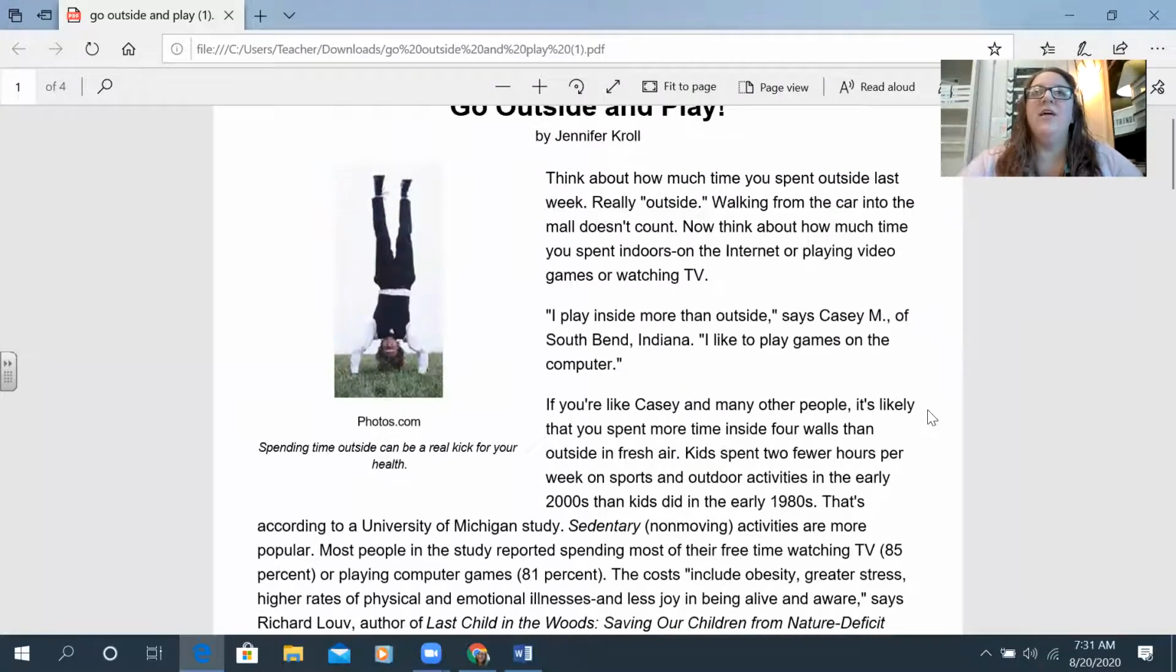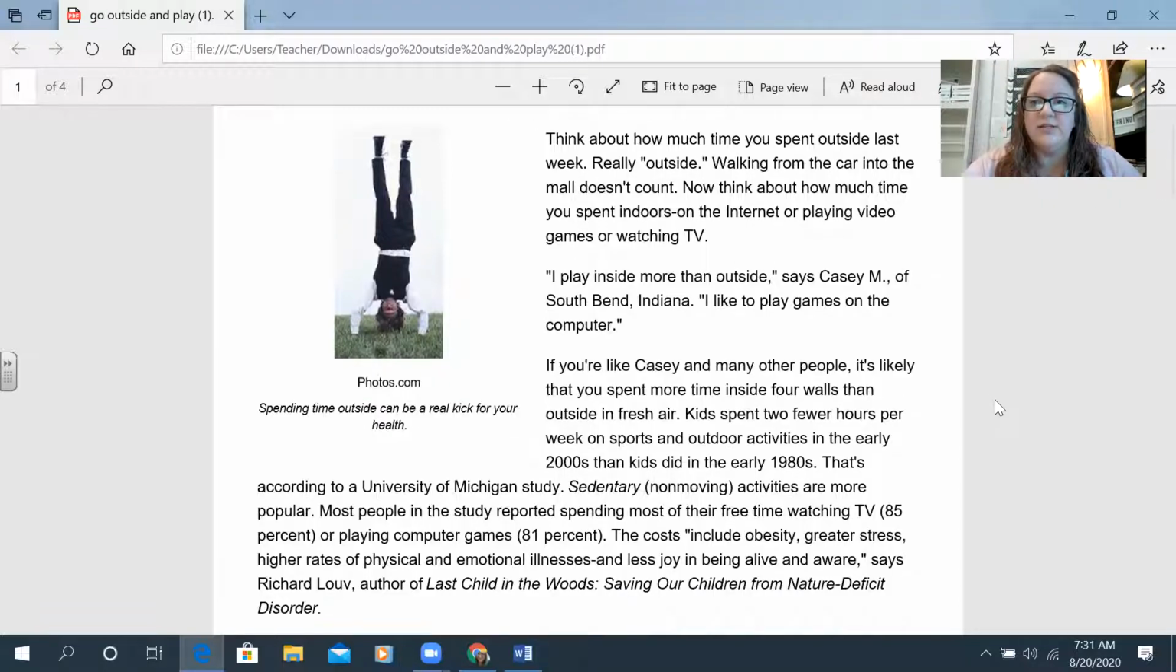Now, if I think to myself, what do I think the main idea is? What is this section, just this section, that's all I've read so far? What is the main idea of just this section? Well, I'm just thinking, it's about how kids today, or really any people, spend less time outside and more time inside. So what I'm going to do is pull up a main idea and supporting